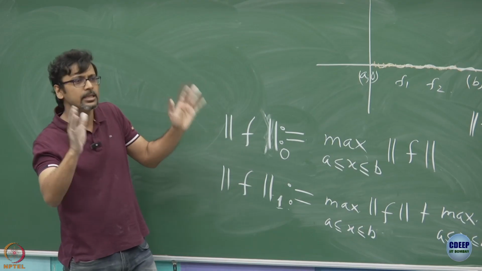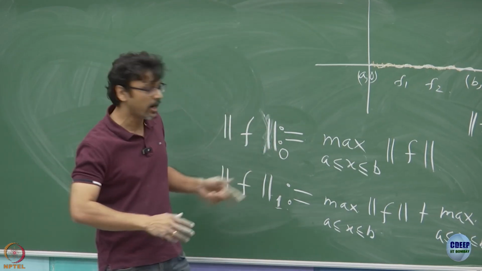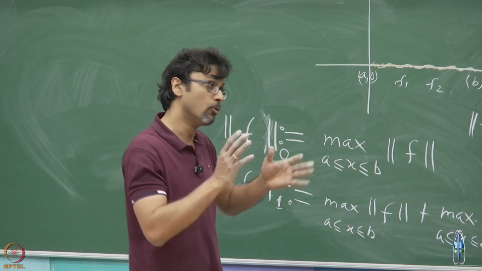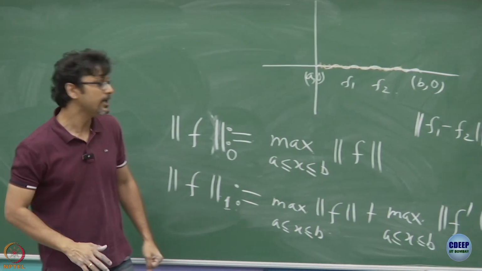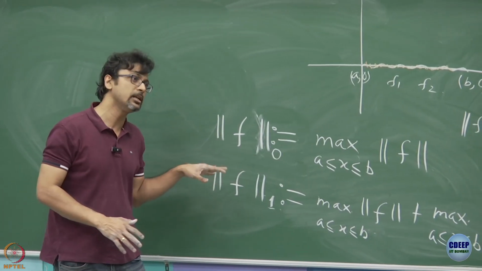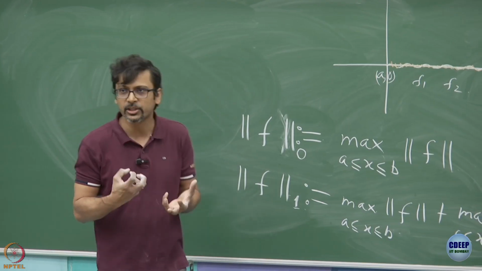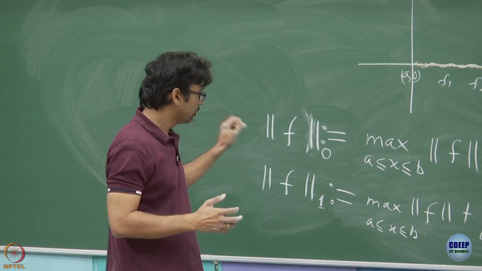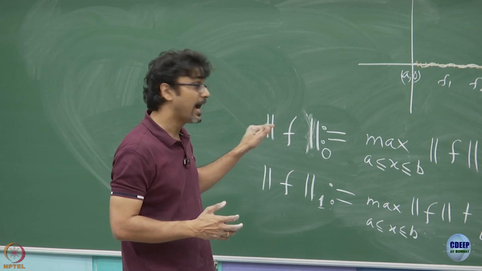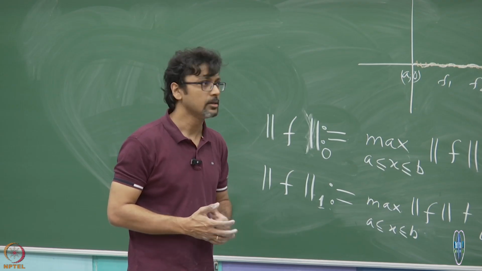So, you can keep defining these different ideas of norms. The 0 and 1 norm are the things that we shall be mostly interested in this particular course. When we come back in the next lecture, we shall see that these give rise very naturally to the idea of a stronger extrema and a weaker extrema, and we will also have some discussions to be had on that matter. Okay, so that is all for